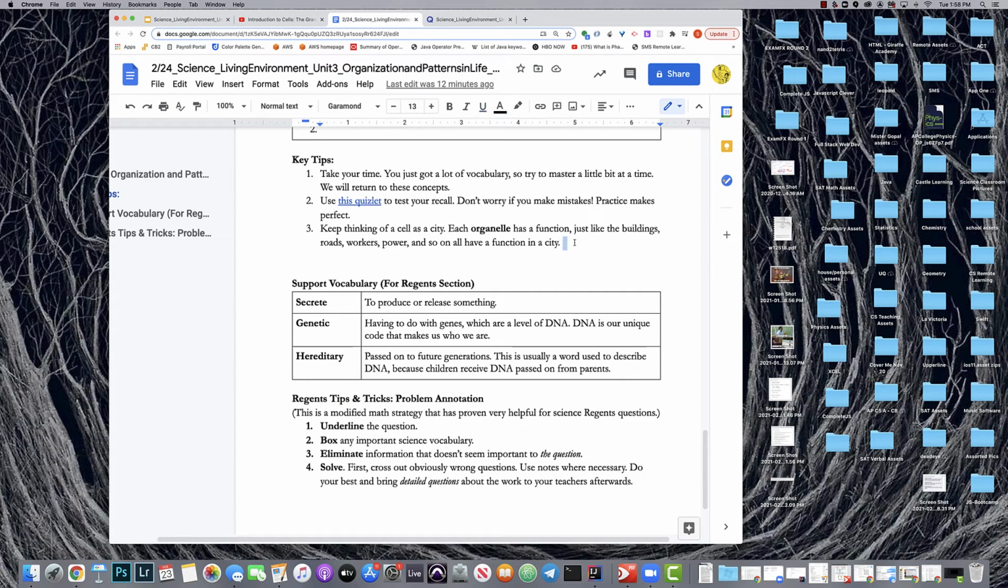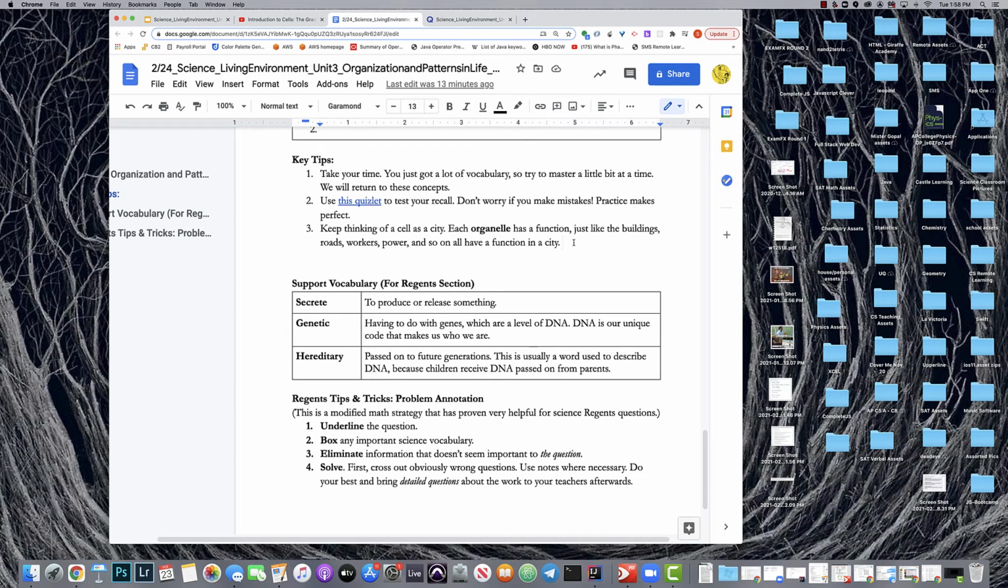Now the final thing that I tip them to do is to keep thinking of a cell as a city. Each organelle has a function, just like the analogs that they make with buildings and workers and power and so on and so forth. And I think we want to keep that at the front of our minds